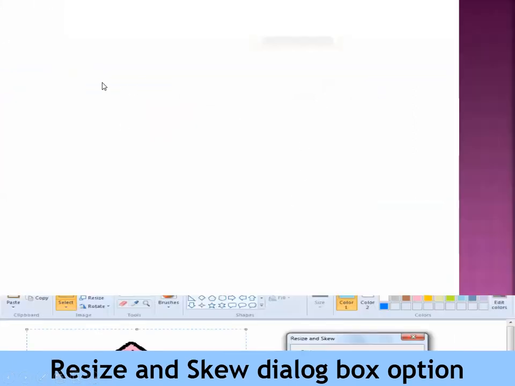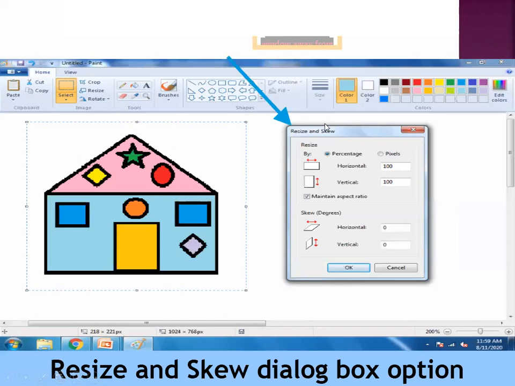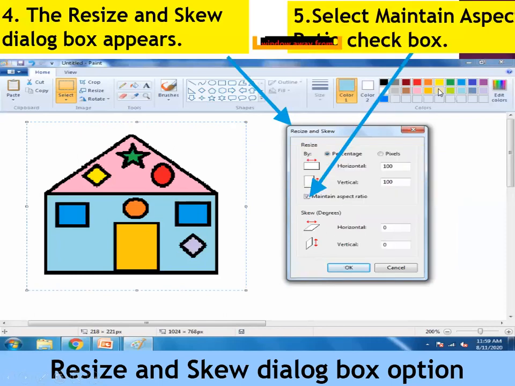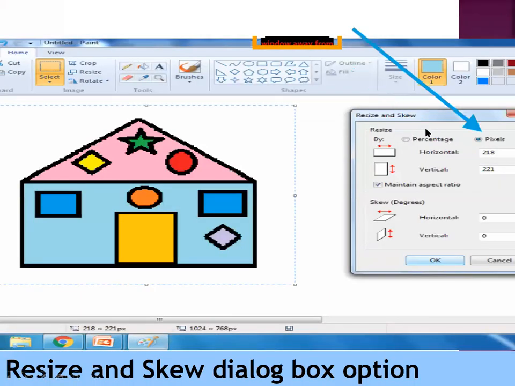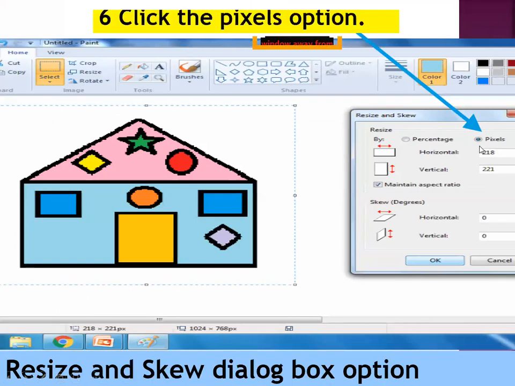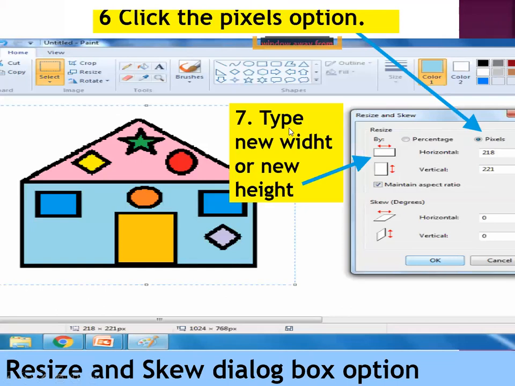When you click on the resize option, the dialog box appears. Step number 5 is check maintain aspect ratio. Step number 6 is check pixel. Step number 7 is type the new width or new height.